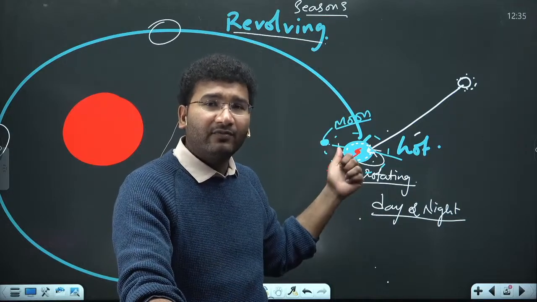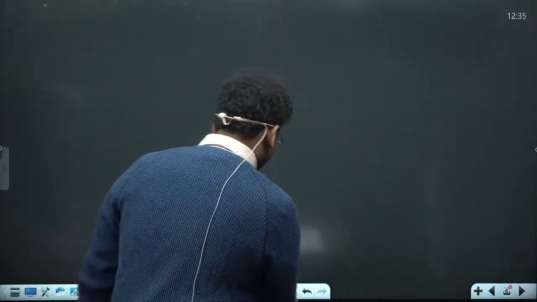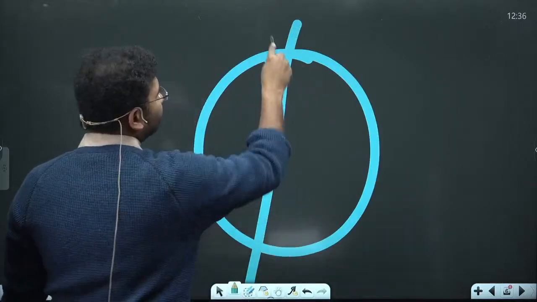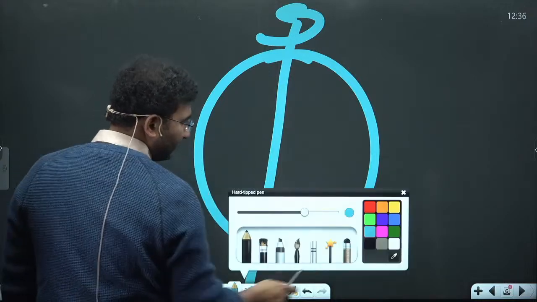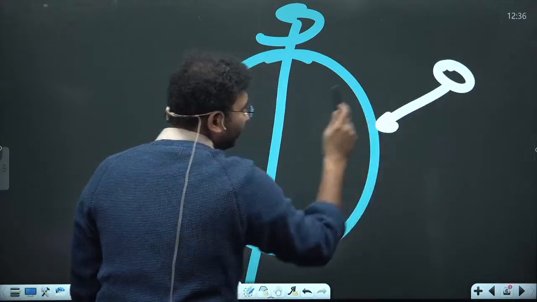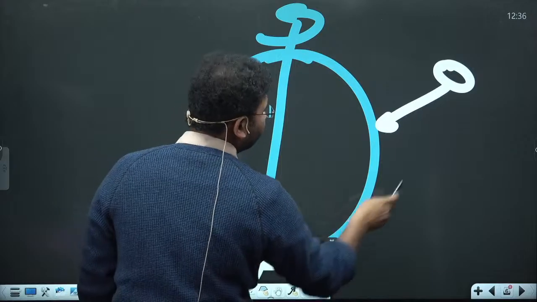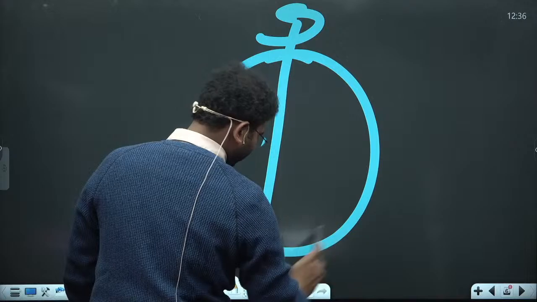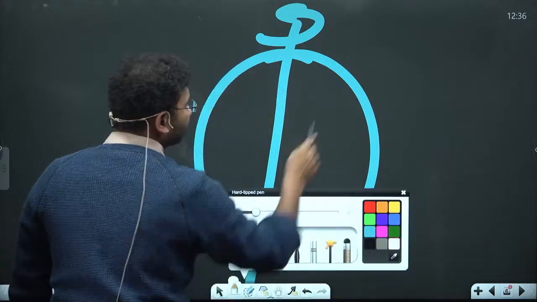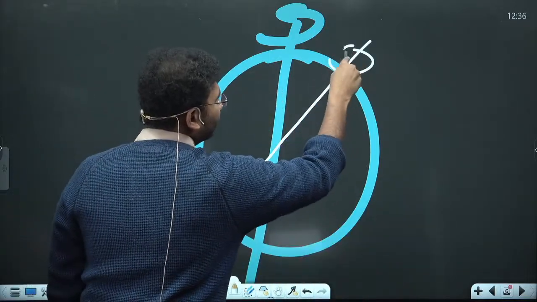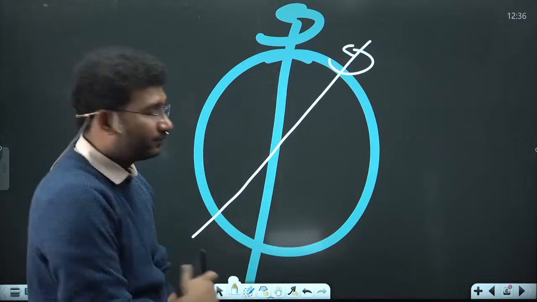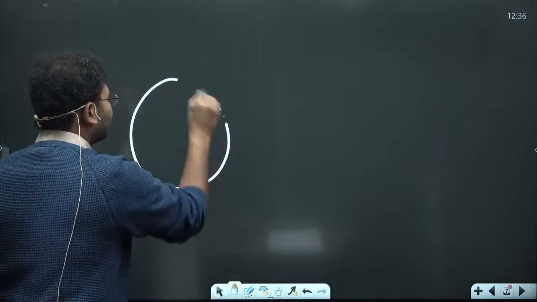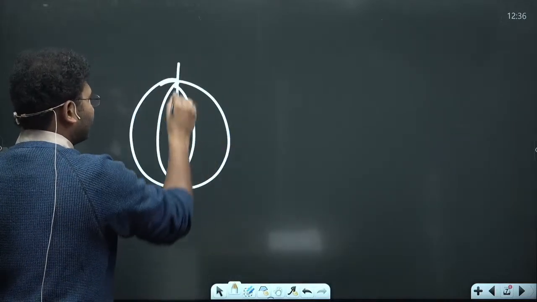At that point of time, when the earth was there, earth was also rotating. ठीक है, if this is your earth, if it is like this, it was rotating, but when the celestial body came and hit the earth, earth started to tilt. Tilt means the rotation is not in a straight line, but today the rotation of the earth, you will see that it is like this. That means the earth is revolving like this. In simple terms, if I have to draw it, earlier the position of the earth was said to be like this,